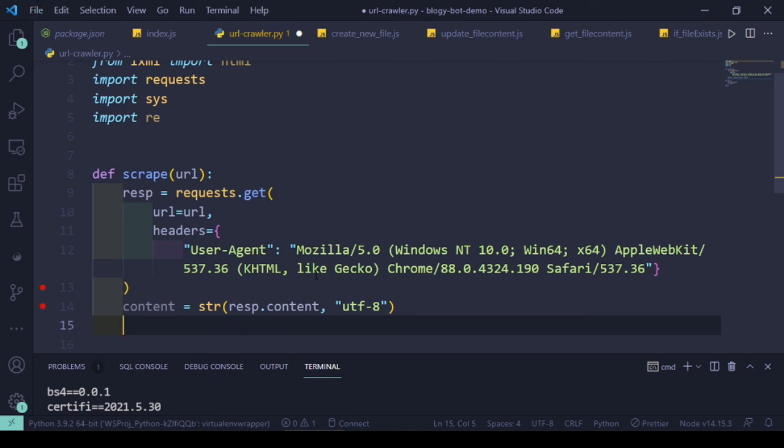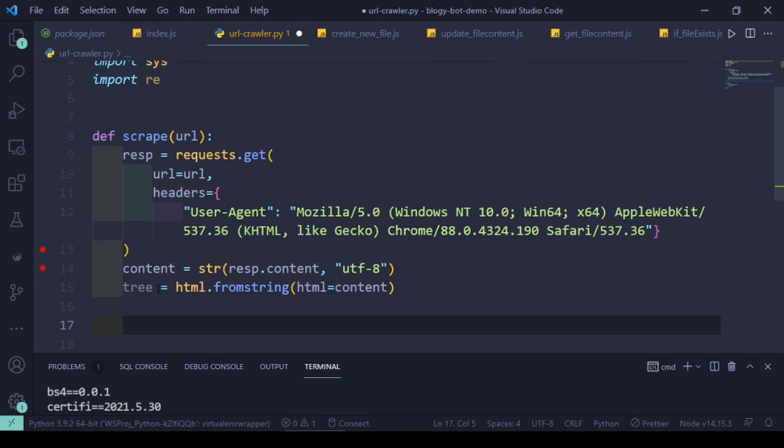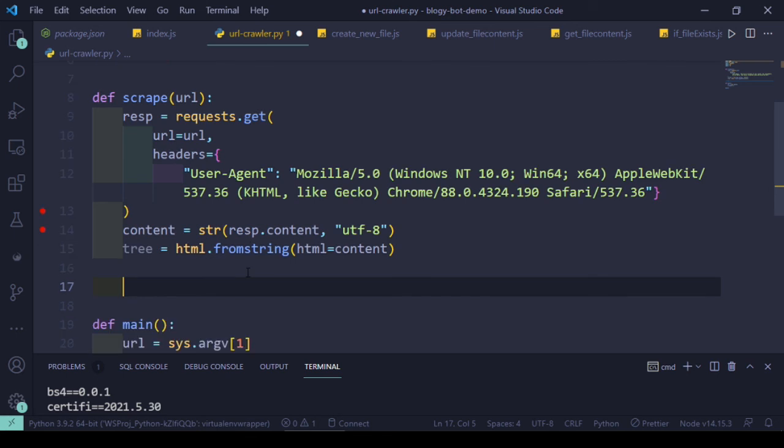Now we'll grab the tree part from this content. We'll create an LXML tree, and this tree will be used to apply the XPath selectors. So let's see how it works.